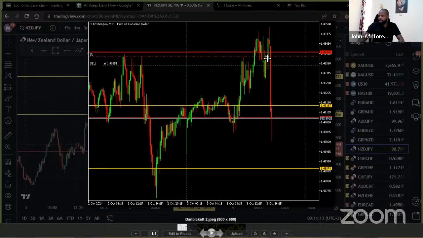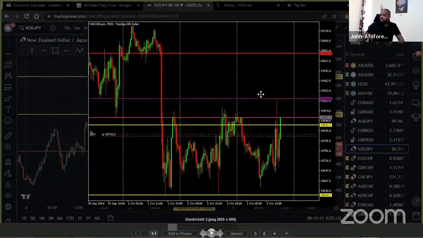The euro against the Canadian dollar. I can see that you got a sell on this one as well. Market coming down. Hopefully you did manage your trade within that region. But I can see that your stop loss came in just above your point of entry. I know that on entry it must have been a bit higher, but this was really good. In terms of where you got the sell, that's exactly where the sellers were. So shout out to you for that.